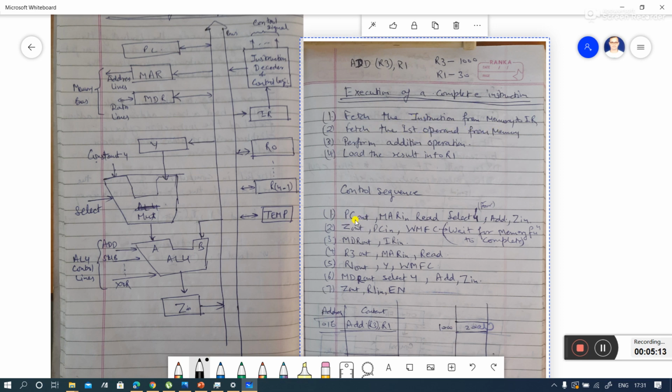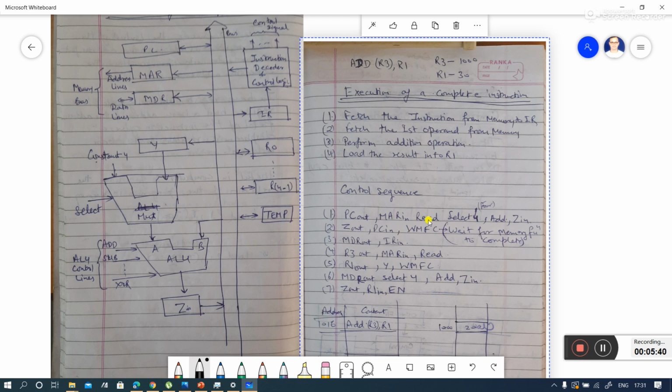For example, PC out: whatever address is in the PC is transferred to the bus, right? Then MAR in: the address fetched from PC out is stored in MAR, the memory address register.